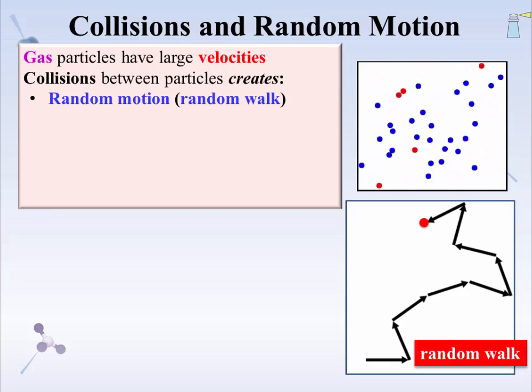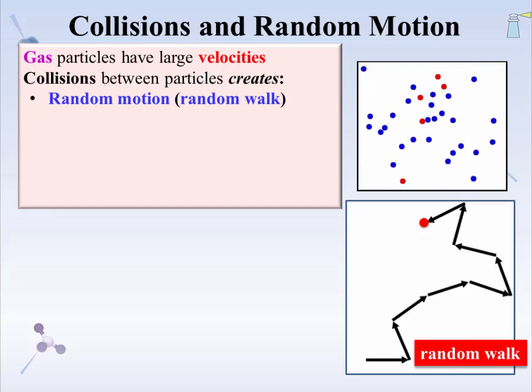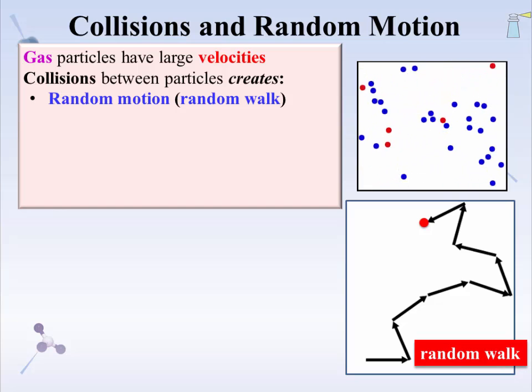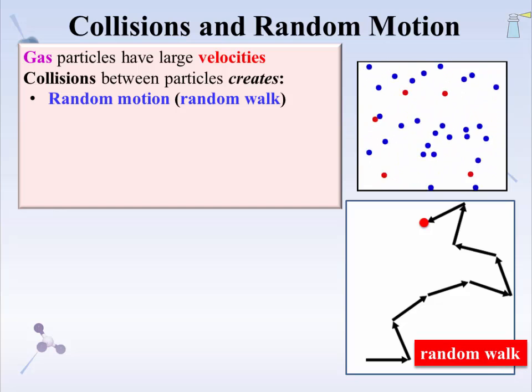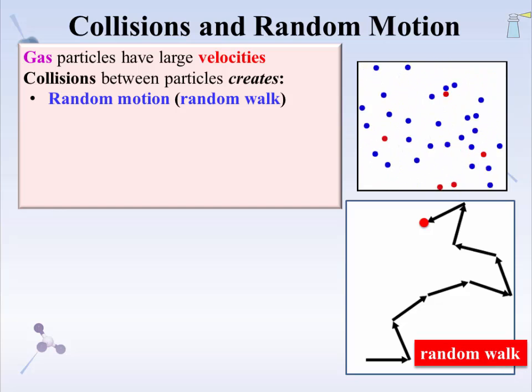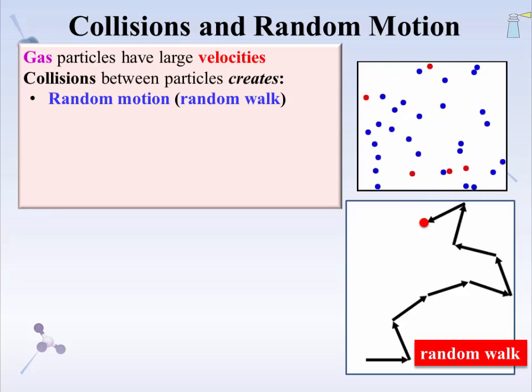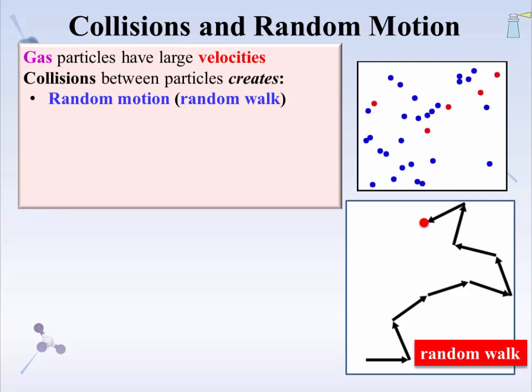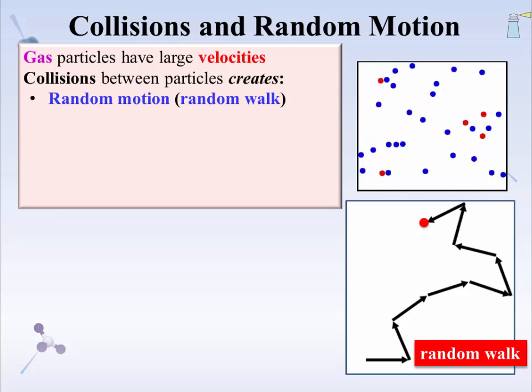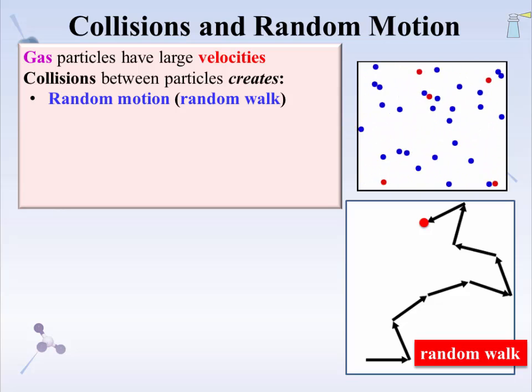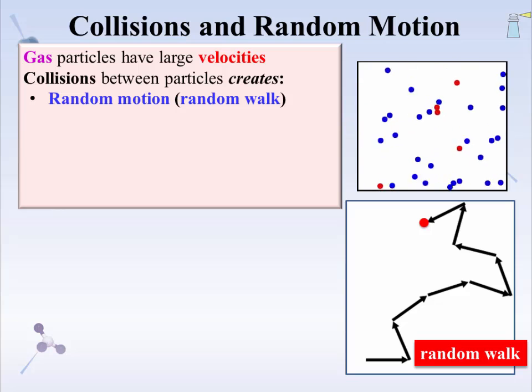The path is called a random walk because every particle in the gas will have its own unique set of collisions and its own unique path. There is no knowing where any one particle will end up at any one time. It is random. Some gas behavior can be best understood from an understanding of the overall pattern or distribution of